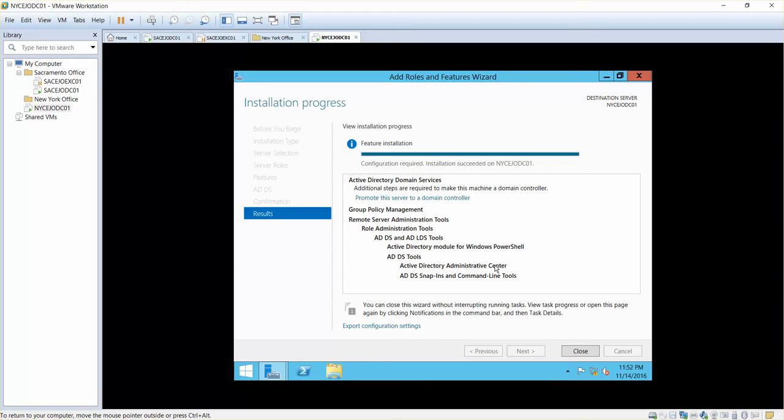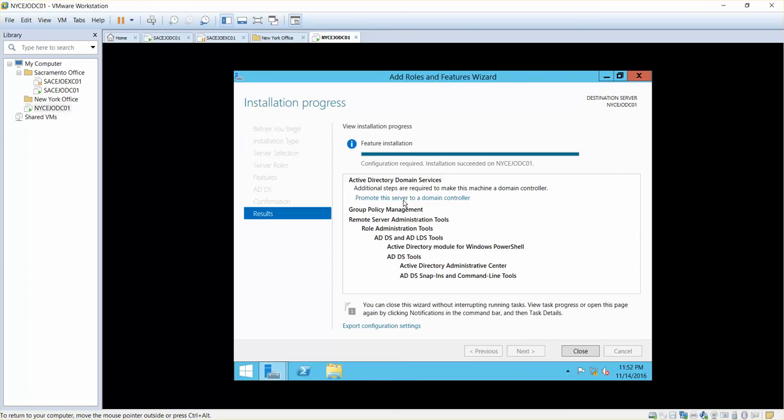It is like two steps. The first step is go to Server Manager, roles, add roles and features, and install the Active Directory Domain Services tools, and then once you're done, you can simply click promote this server to become